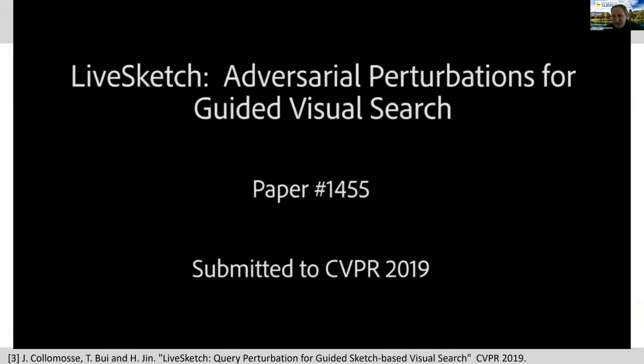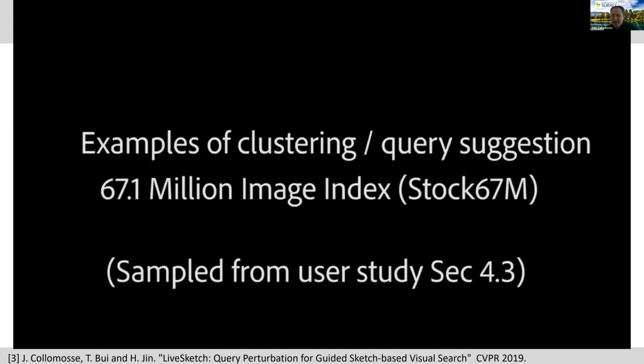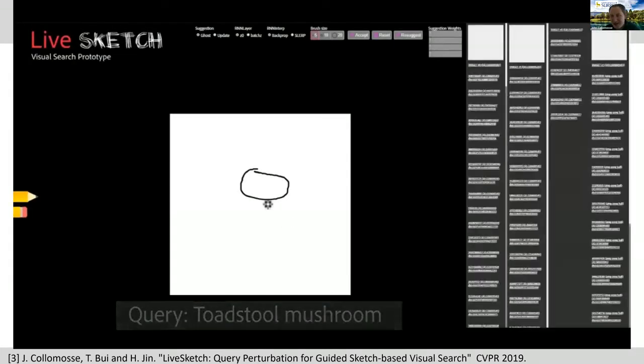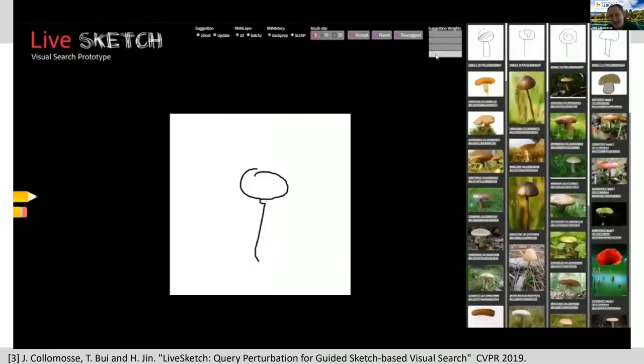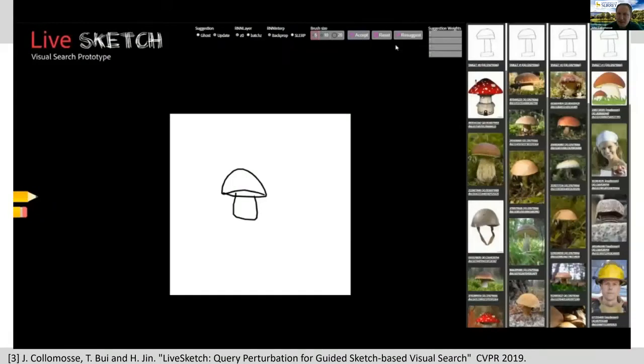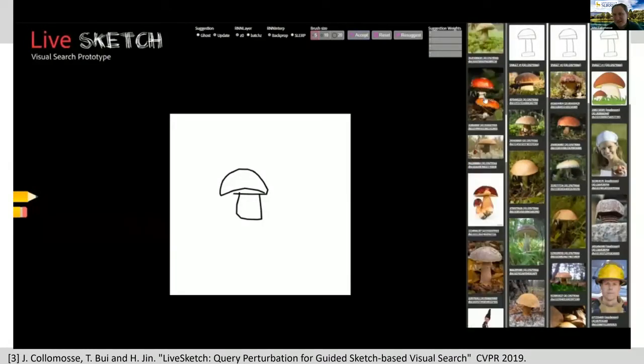On the subject of sketch search, we also came up with this system called Live Sketch, which helps the user draw as they're searching. One of the drawbacks of a sketch-based search system is that not everyone can draw very well, or even wants to invest the time into drawing very well to construct a search query. So in this system, the user's producing a sketch which is somewhat ambiguous.